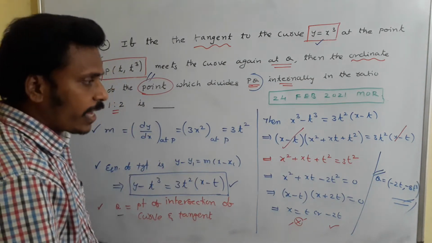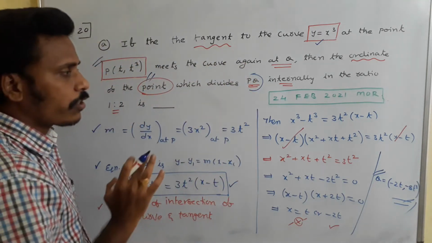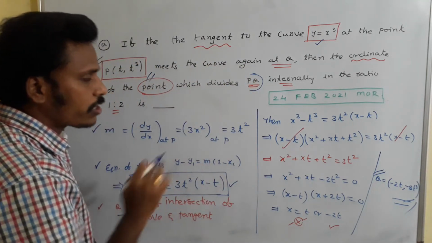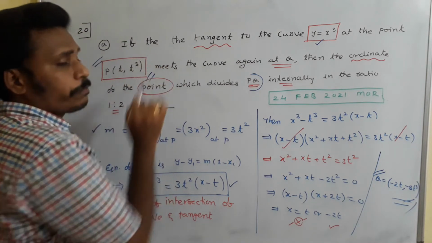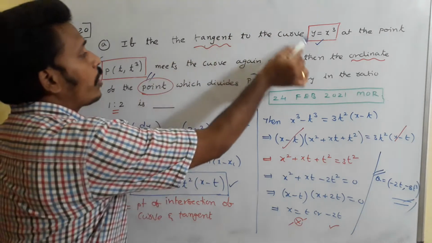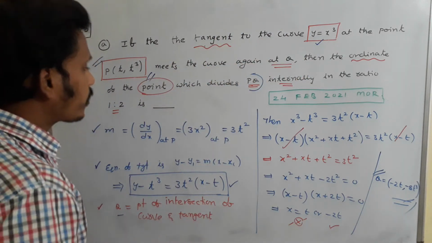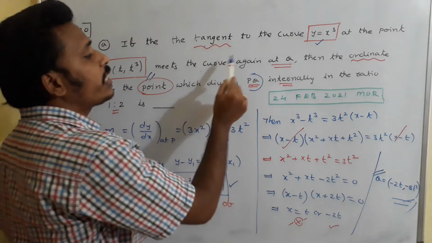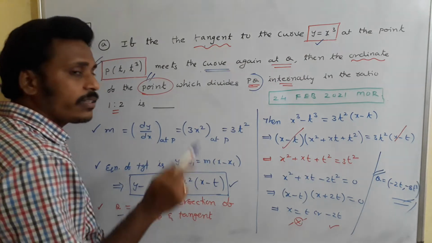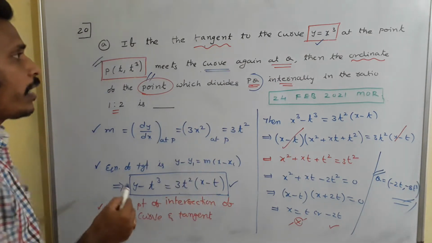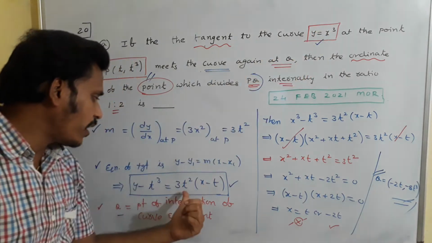Right? For that I need some space, so I am going to erase the question and I will answer. First of all, till now just look again. The question is about the tangent to the curve at the point. So I found a tangent equation. And as per the problem, this tangent equation meets the curve again at q. In the sense that for this curve and this tangent there is an intersection point and that point is q as mentioned. So for q we need to solve this curve and the tangent equation.